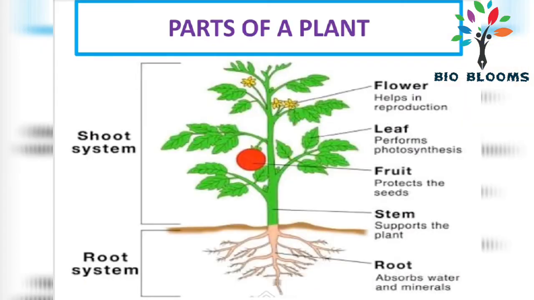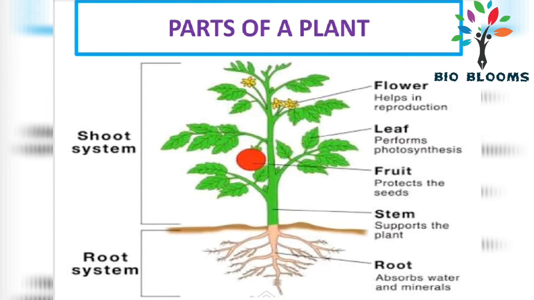Now, let us see about the parts of a plant. So, what are the parts of the plant? See the picture carefully, and if you have any doubt, just pause that and see that. A plant has many different parts, and here it is given clearly. The two main parts of the plant are the root and the shoot system. The root grows under the ground, while the shoot system usually grows above the ground.